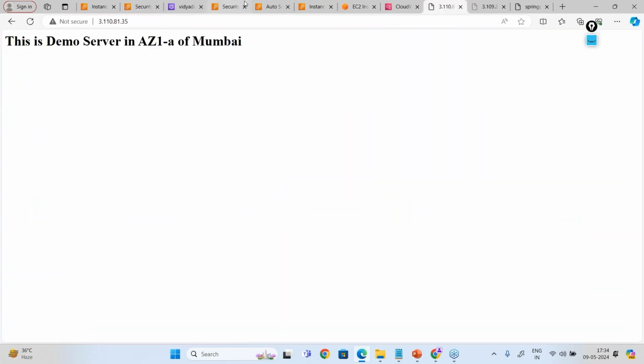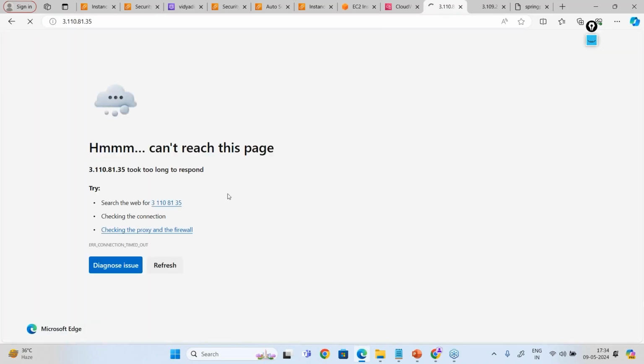Now let me refresh this, and you see it's loading. You will not be able to access this server now, and even this server also. Let me show you. It is also loading. You will not be able to access the server, because this server will now not be accessed directly. I'm not able to access my server directly. Can I access my server from the load balancer? Yes, perfect. You are accessing 1A, 1B perfectly.